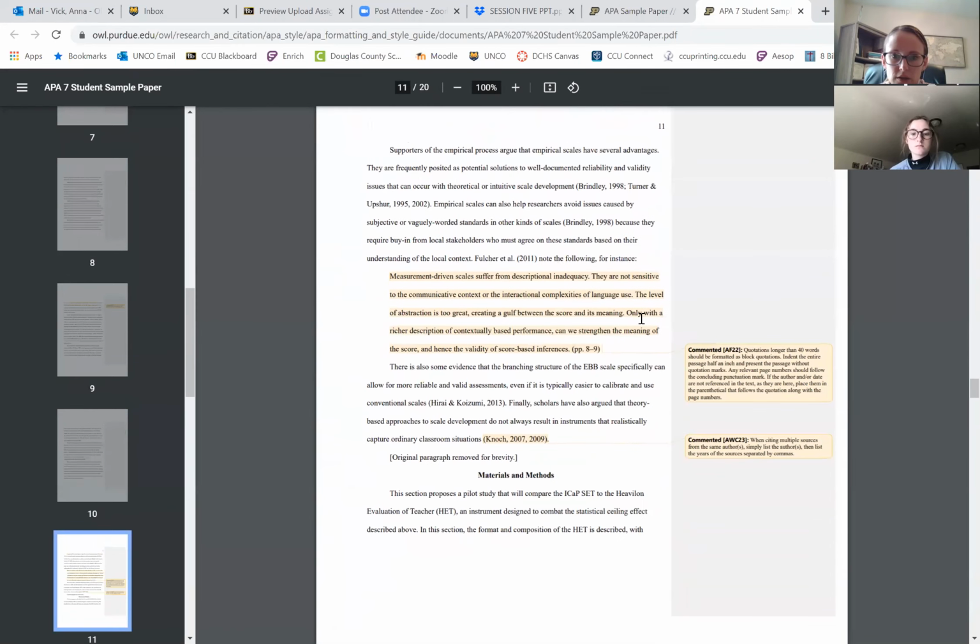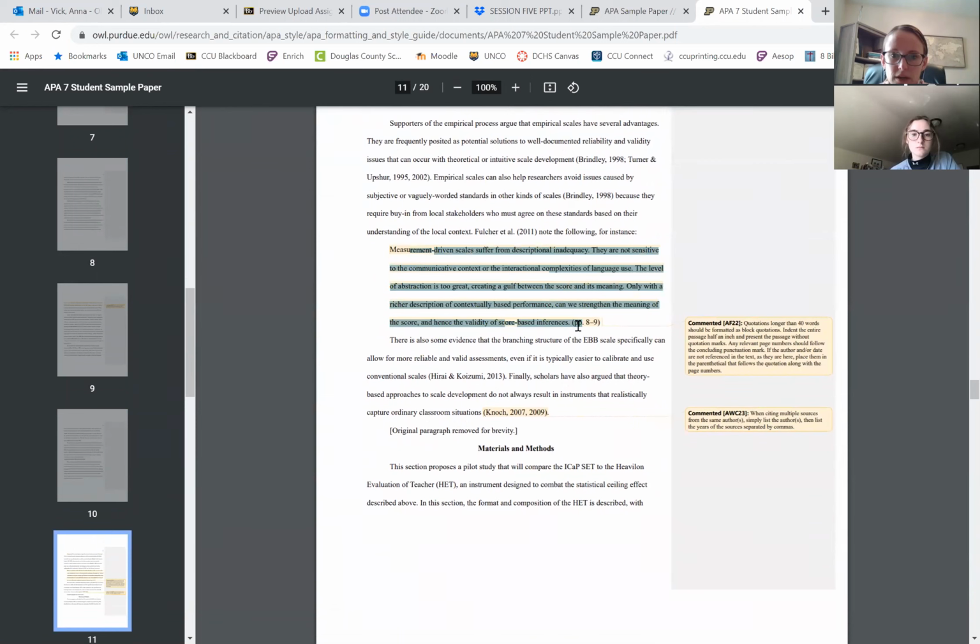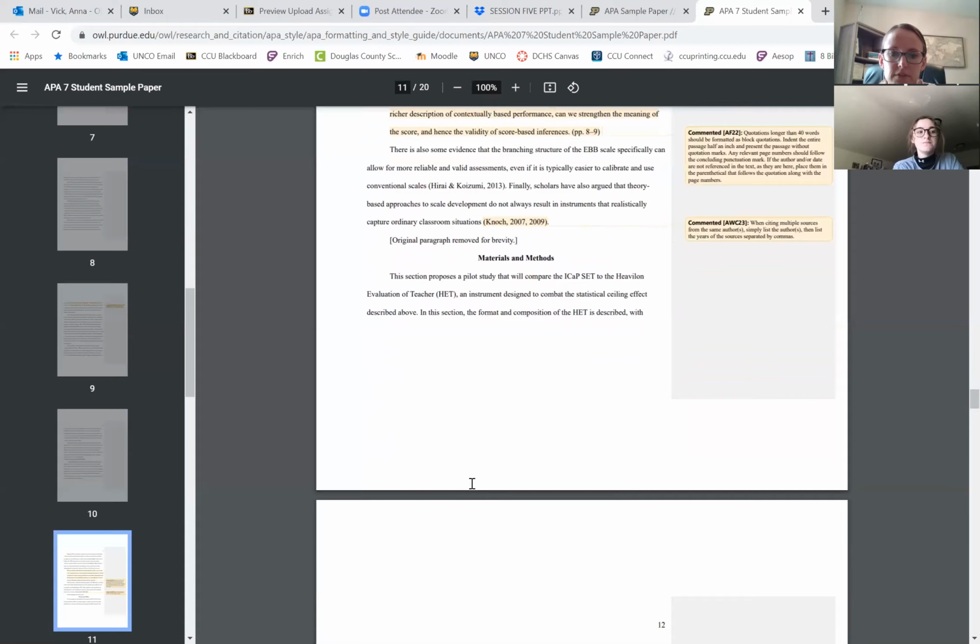So on they go. You can see this is a lengthy quote. Again, we try to kind of stay away from this because we really want to integrate our own analysis and perspectives and our own words. And we don't learn much from copying and pasting. So try to stay out of something too lengthy. But if you're doing a longer quote, which would be a quote longer than 40 words, you would format this as a block quote. So that's when we have this indent and it's not in alignment here on the left with the rest of the paragraphs.